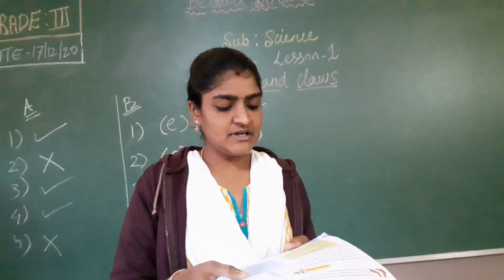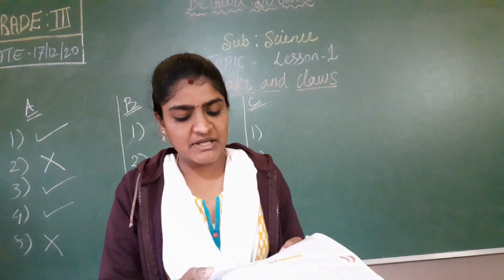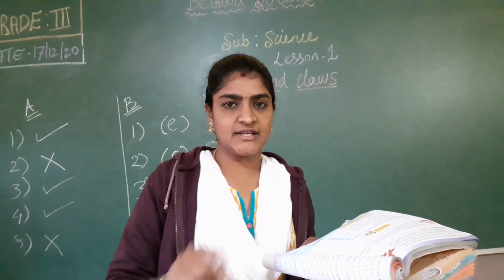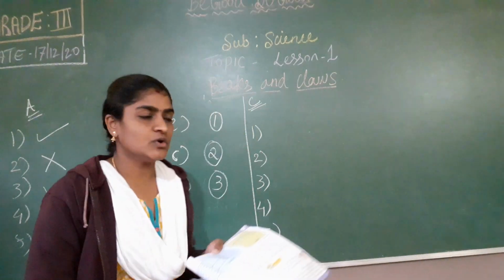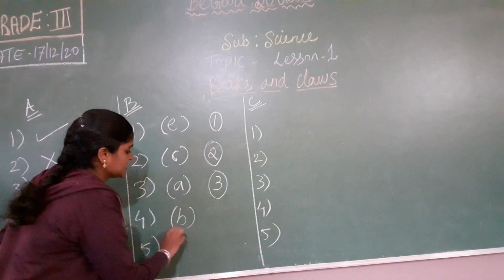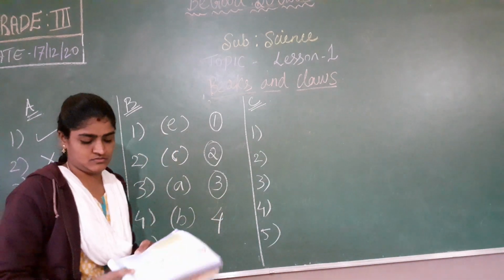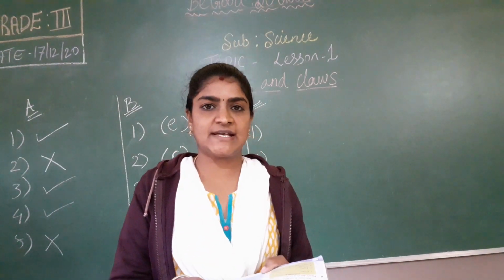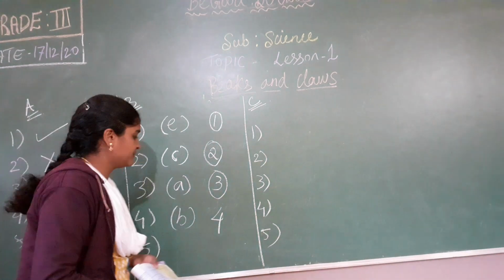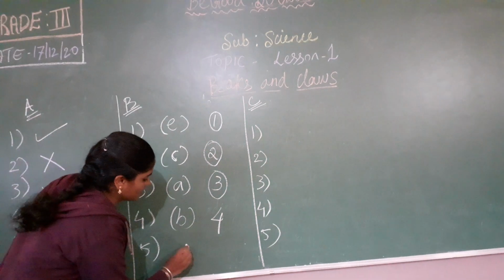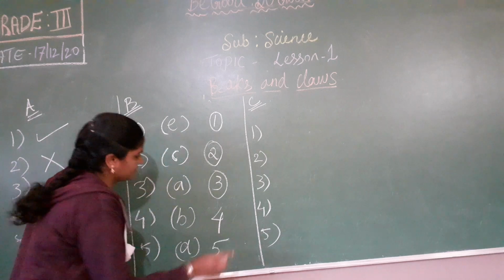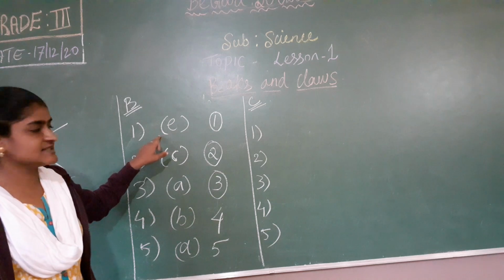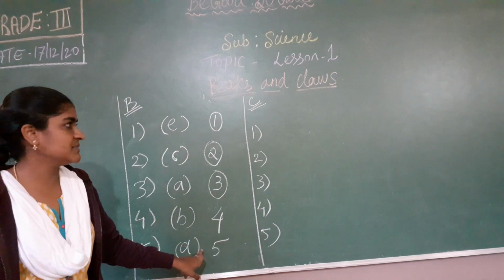Next, hummingbird and sunbird. Hummingbird and sunbird have a long, thin and pointed beak. So here in B, you can mention number 4. Next, fifth one, ostrich. Ostrich is called a running bird because it won't fly. So next to D, you have to mention number 5. Okay. So wherever you have alphabets like this, there you have to mention this number, children.